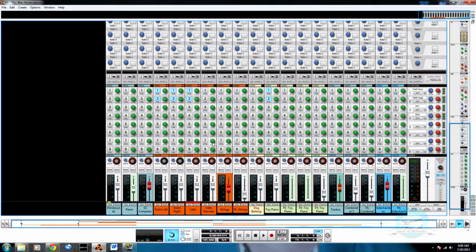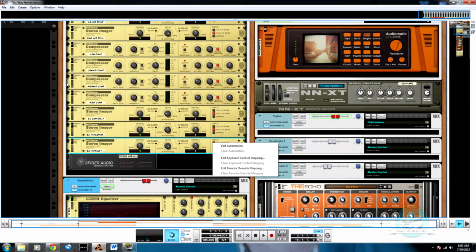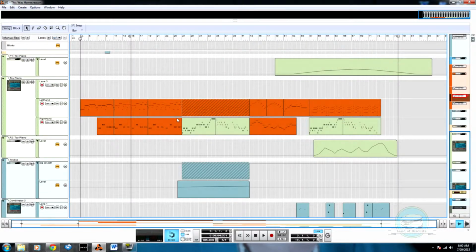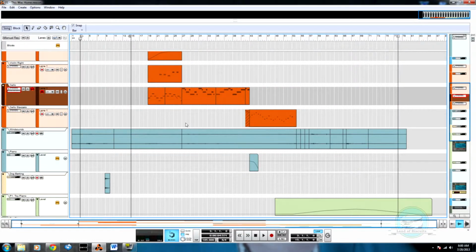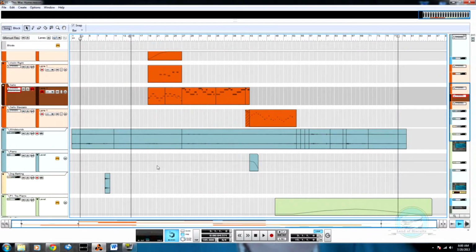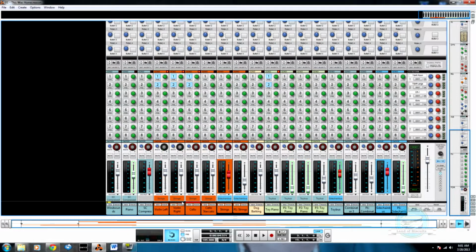Basically it became a fight with the piano in the background. Oh yeah, we'll discuss this in a minute. The piano in the background versus the toy piano that's laying on the top of it. So I had to adjust the volume of it. I also, yeah, right here you'll see I added a little bit of automation, and you'll notice that the level I think is lower on it. Yeah, see it's down 5 dB